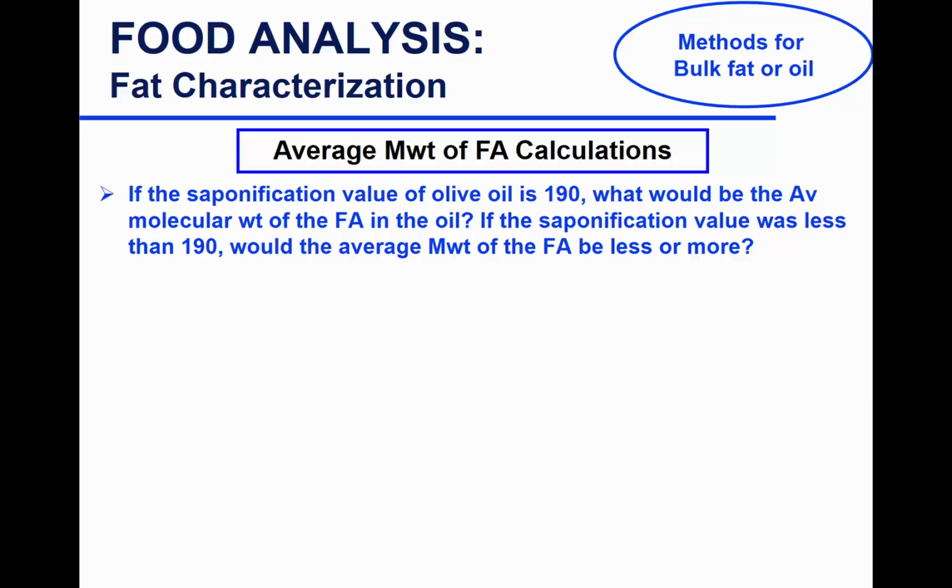But I have 3 moles of KOH, 3 times 56.1. Then I want to solve for Tg. So the molecular weight of Tg equals 3 times 56.1,